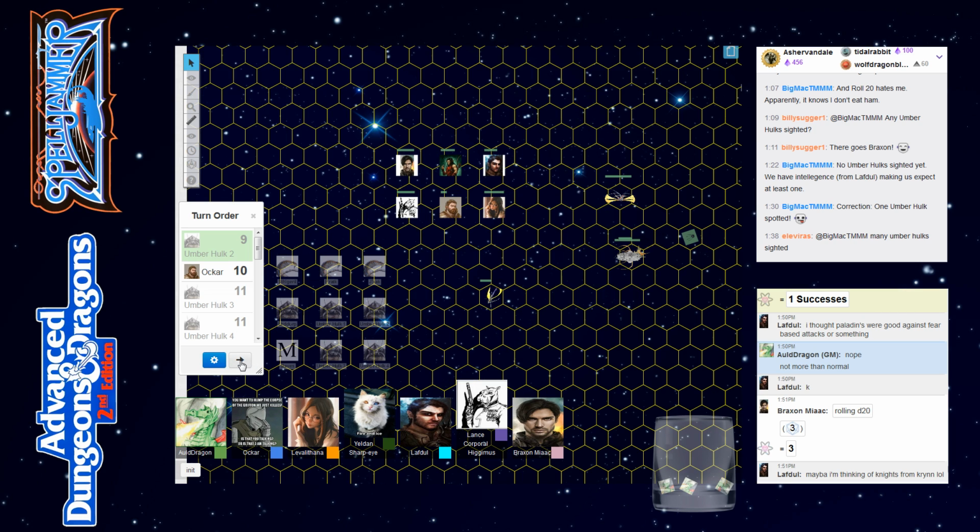All right, that Umber Hulk, however, is very familiar with his own weapons. He heard you coming up and swinging that axe, and he doesn't like that. He's turning to attack you, Braxon. Oh, thank God. Ockar says, "Eat him! Eat him!" He's a paladin. He wouldn't do that. All right. He claws at you. One claw misses, and then he bites at you for...